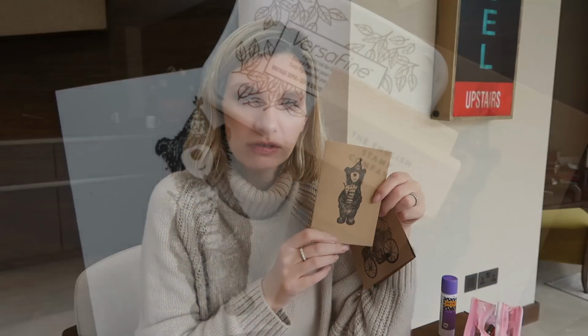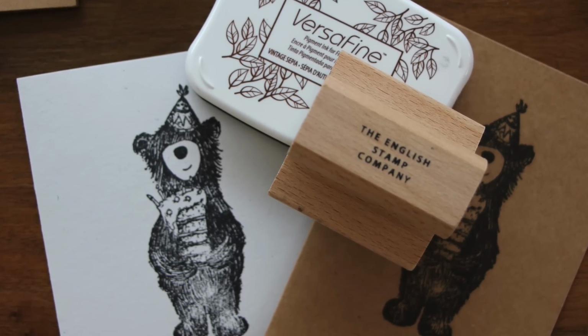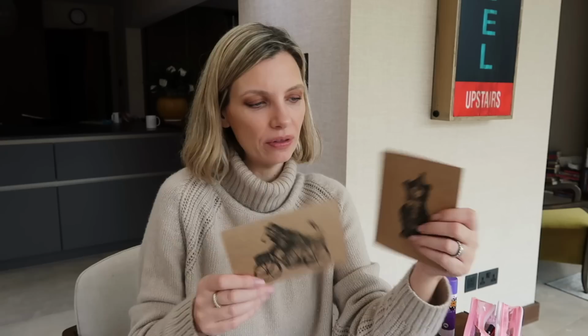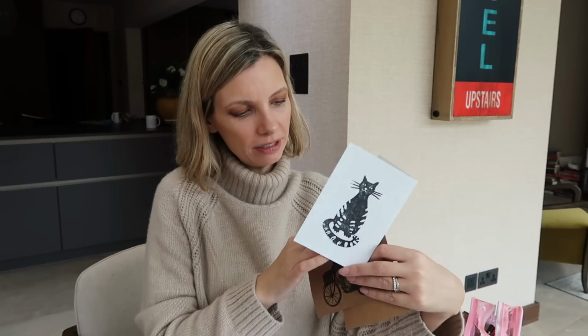What else have we got? We've got a birthday bear. I thought that was really nice for kids. And you know what, the stamps, they're not massively cheap. It depends what size you get, but they could be £10, £15, £20. It depends what design you get and whether they're special edition or whatever. But if you think about how much you spend on one kid's birthday card,